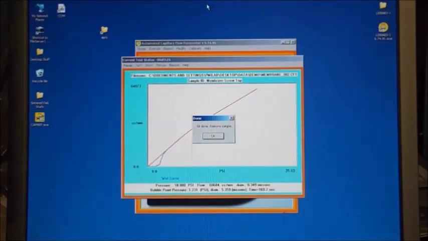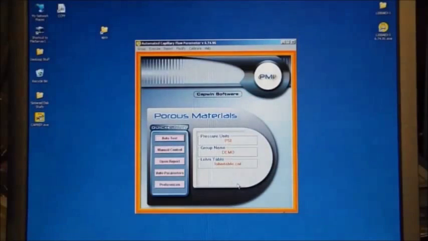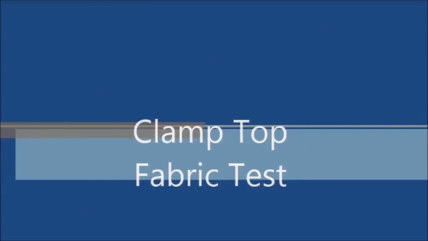At the end of the test, the machine zeroes everything and populates the red line, which is the dry curve, which is just an estimated dry curve based on the software's calculation, being that they chose to run a wet-up calculated dry test. This part of the demonstration will focus on running a test in a clamp apparatus, which is